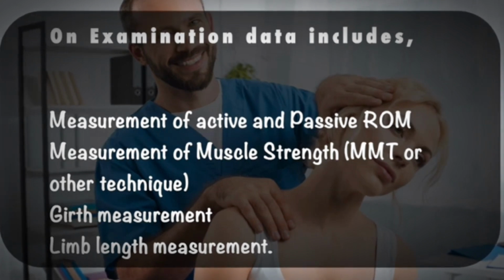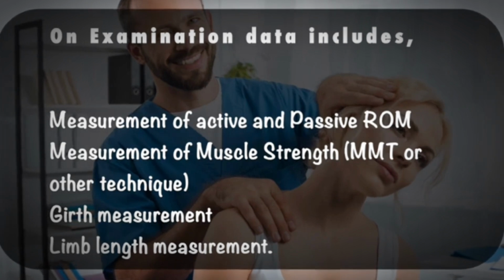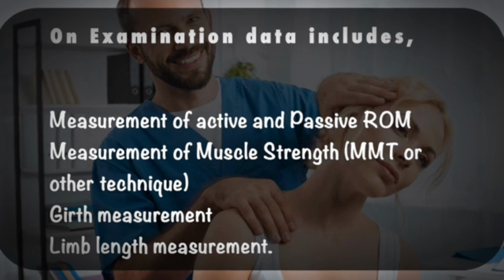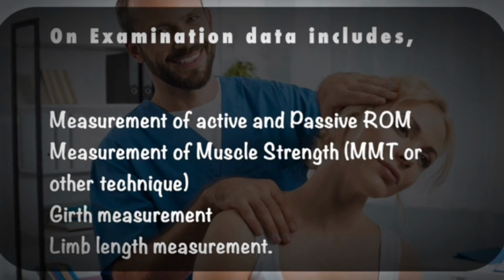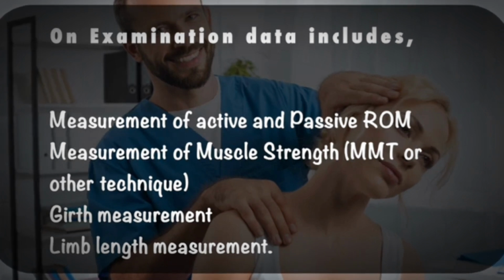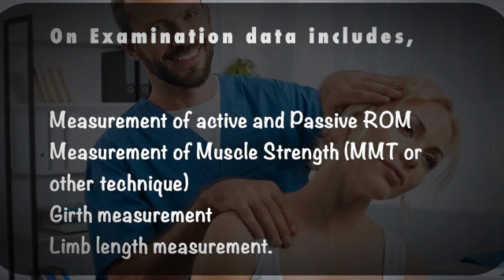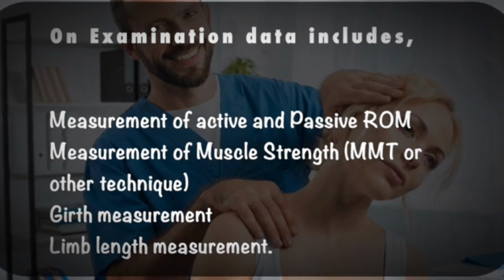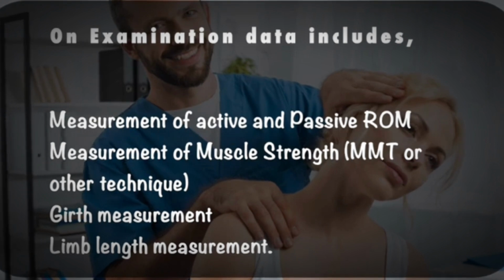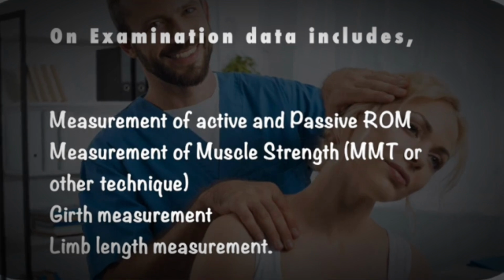It also includes feeling for variation in temperature, and it is done best by using the back of the therapist's hand and fingers and comparing both sides. A warm joint may indicate an infected joint or blood swelling. Then palpation for the presence of scar and spasm. The palpation of scar is done to find out whether the scar is mobile or not. In the palpation procedure, the therapist must work slowly and carefully, applying light pressure initially and then working to deeper pressure. Then comes the examination part.